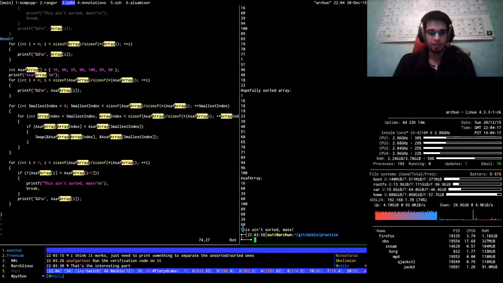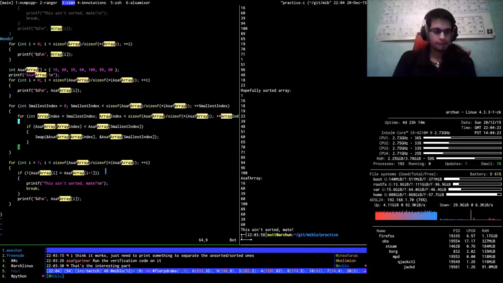This ain't sorted. Just hang on. I'm printing out other stuff, aren't I? Yeah. The greater than is a problem.